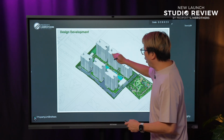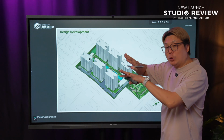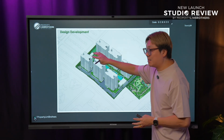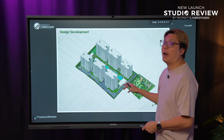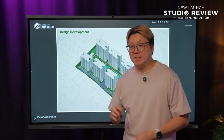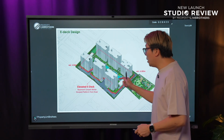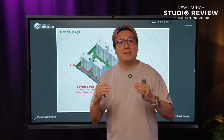You will have 6 blocks right over here, and they are being pushed all the way to the edge of the land so that you have a very good distance inside the development for your amenities, and this is where you will find most of your amenities, which we will share with you later on in a site plan. And one thing to note as well, one main difference is that Emerald of Katong comes with